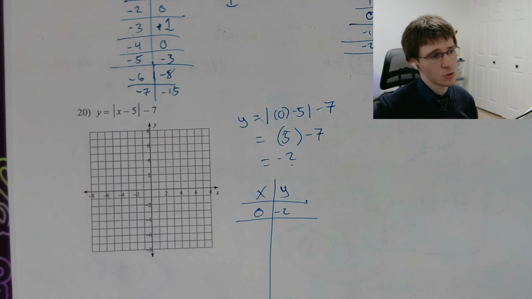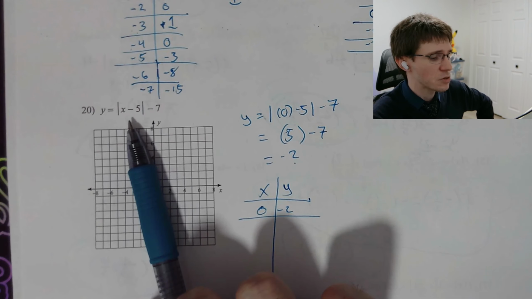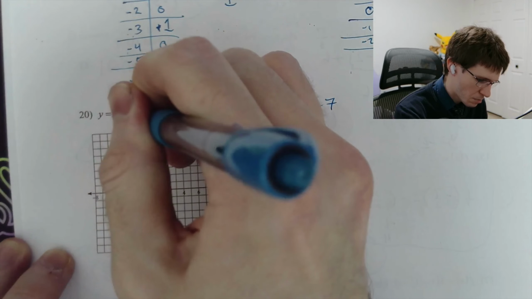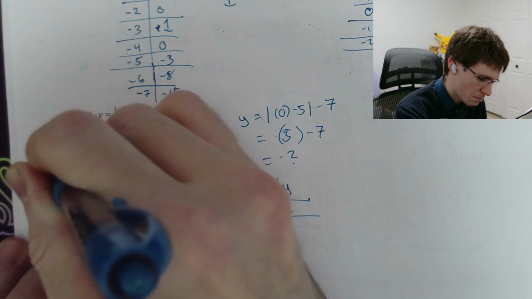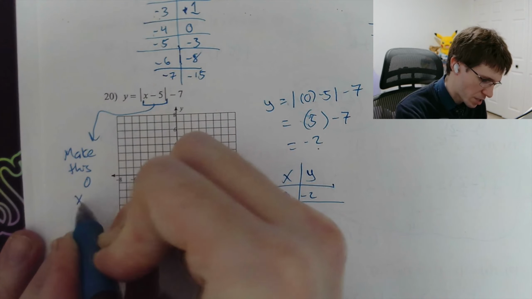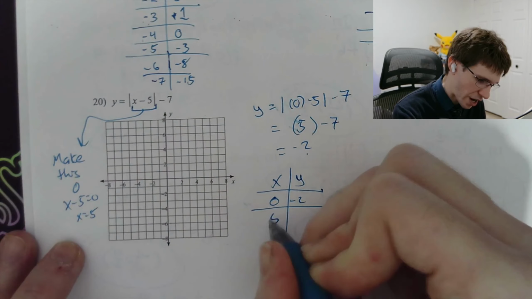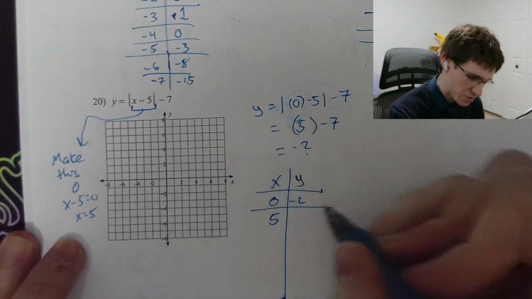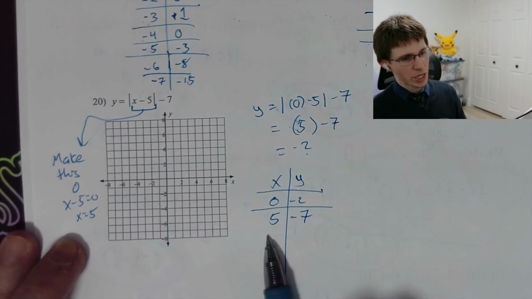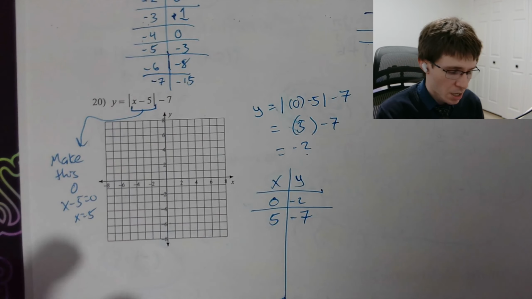After that, though, the actual best value to start off in these questions is whatever makes the inside of the absolute value 0. So you're going to say, hey, make this 0. If you make that a 0 on the inside, then you can figure out what the best number to plug in is. So you're saying x minus 5 is 0, or in other words, x is equal to 5. If you plug in 5 there, you end up getting that 0 and you get -7. This is going to be the most important point on this graph. It's like the one that you really, really need in order to make sure you got the right answer. So yeah, that 5,